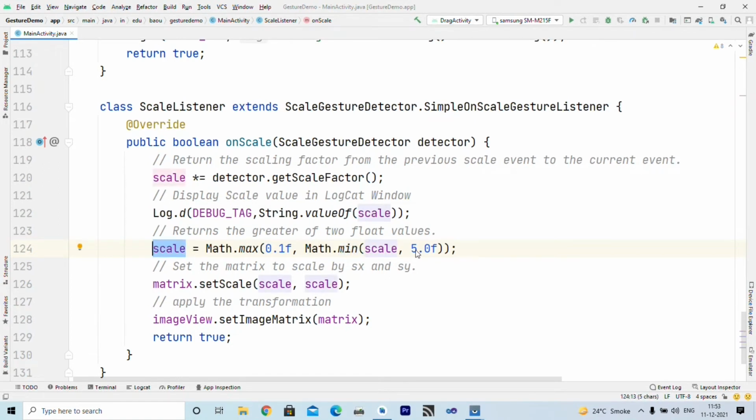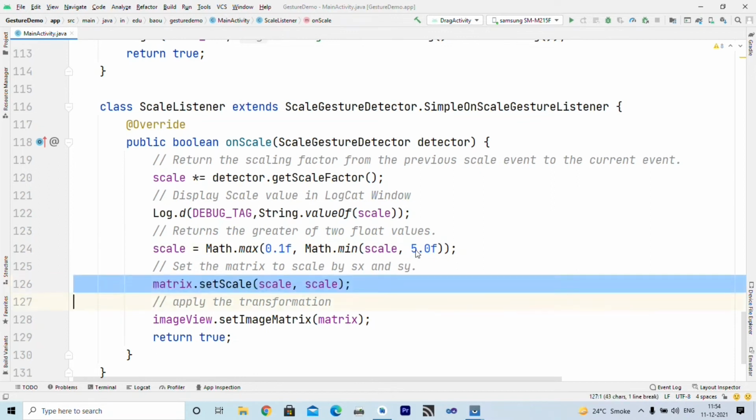In short, using this statement we ensure that the scaling always ranges between 0.1 to 5 times the original scale.